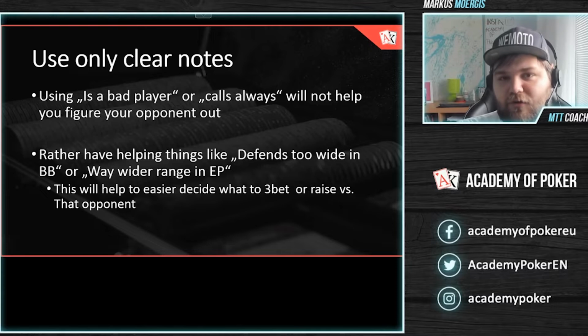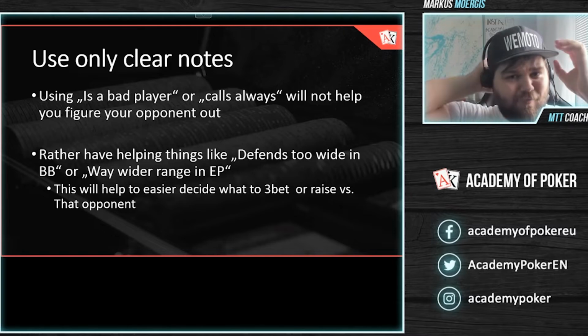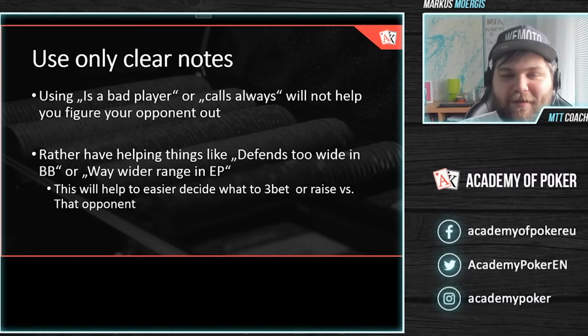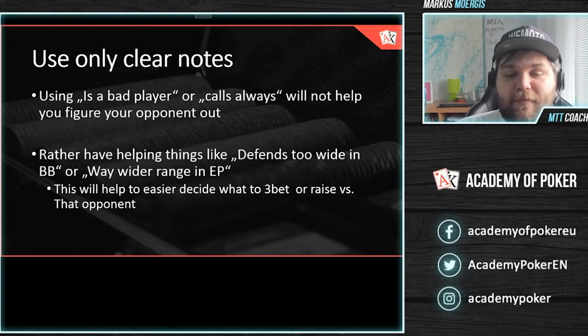Because normally, as you know, UTG range is fairly tight. You fold even most of the ace x hands, and you just fold a whole bunch of your range. And if somebody is that active and you see somebody going to showdown after raising preflop or after limping in UTG, which of course is always a bad thing to limp. You'll see that in all of my other videos or wherever I talk about limping. But then you can put that in the note because, as I said, it helps you to maybe 3-bet him